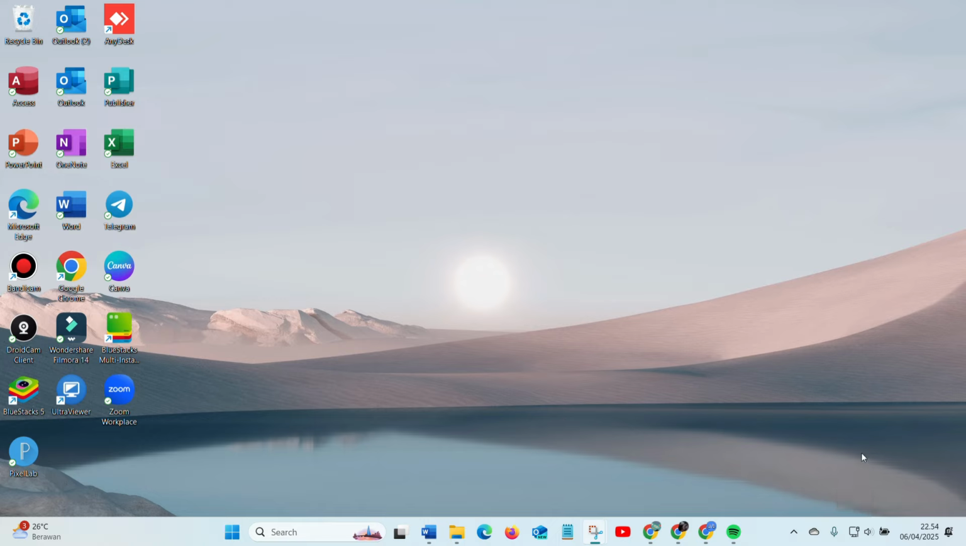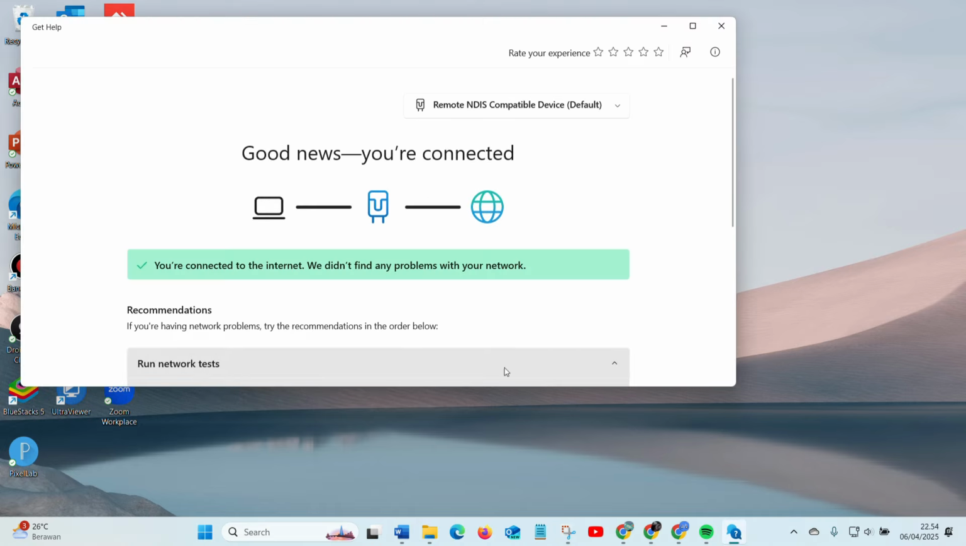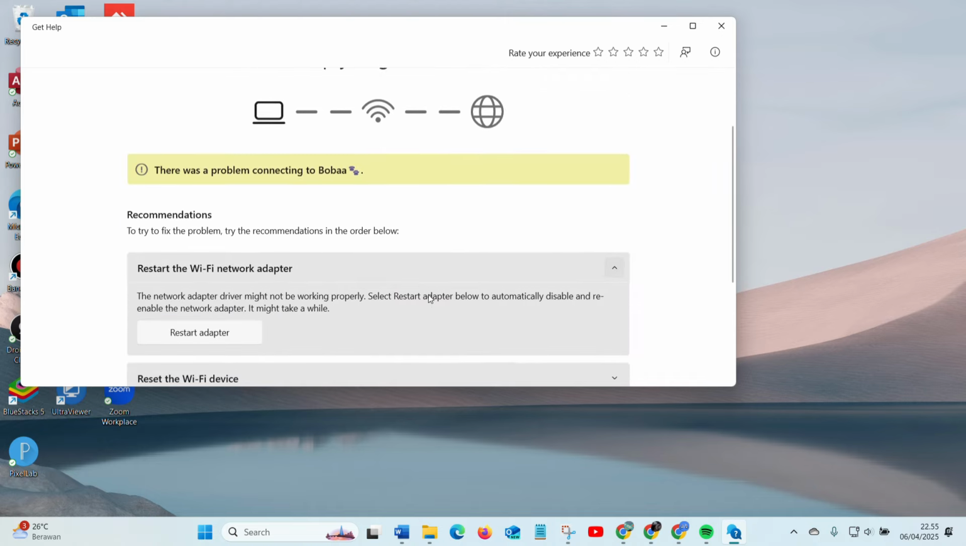So to fix the internet connection, if the Wi-Fi is not showing, you can just right-click on the connection and you can diagnose network problems. Now you can change from remote NDIS compatible device to internet wireless. In here,